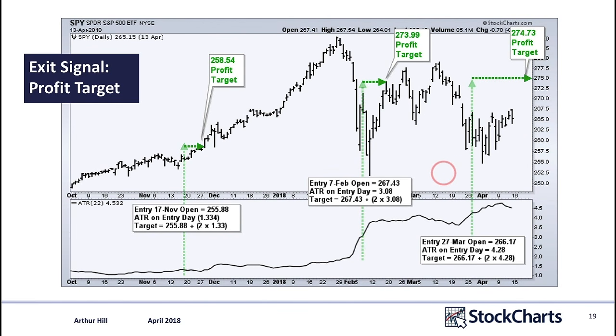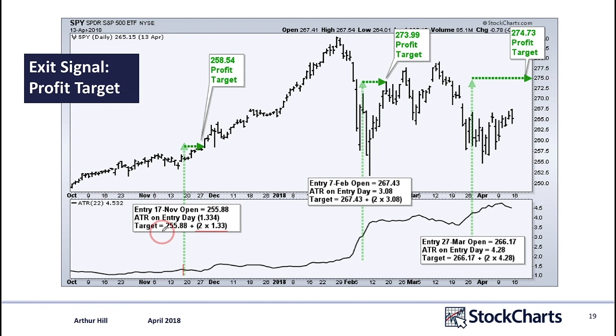All right, so what are the exit possibilities? Well, the first one is going to be a profit target exit. And in this example, I'm using a multiple of the average true range. I'm using 2 times the average true range. So you can see there's the average true range on the date of entry in November, and it was 1.33. And if I do 2 times that average true range and I add that to my buy stop, I get